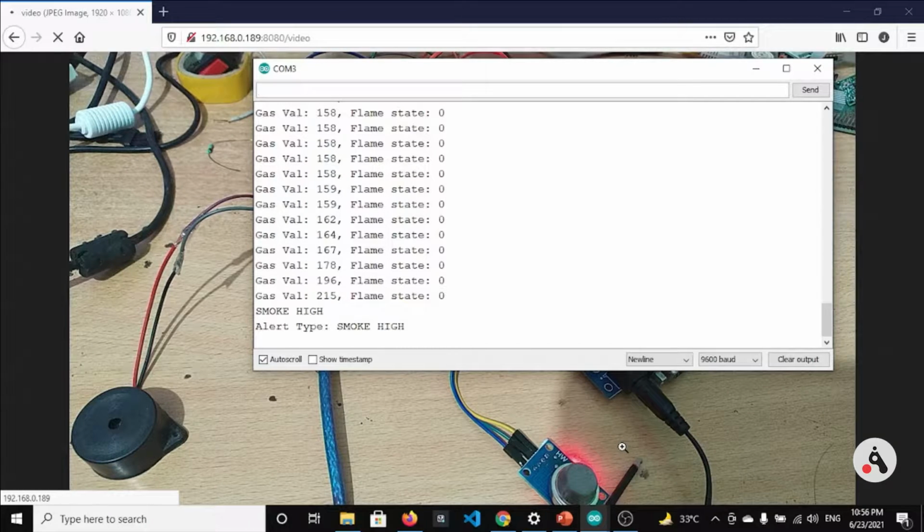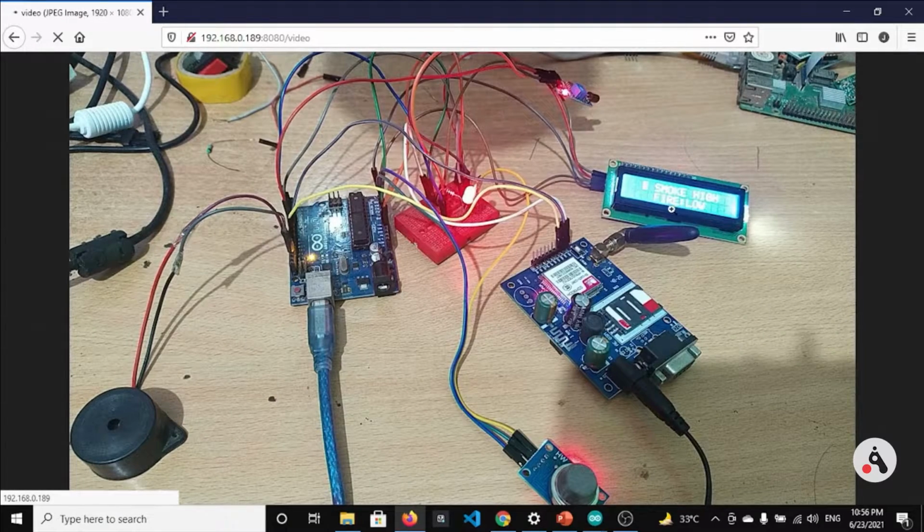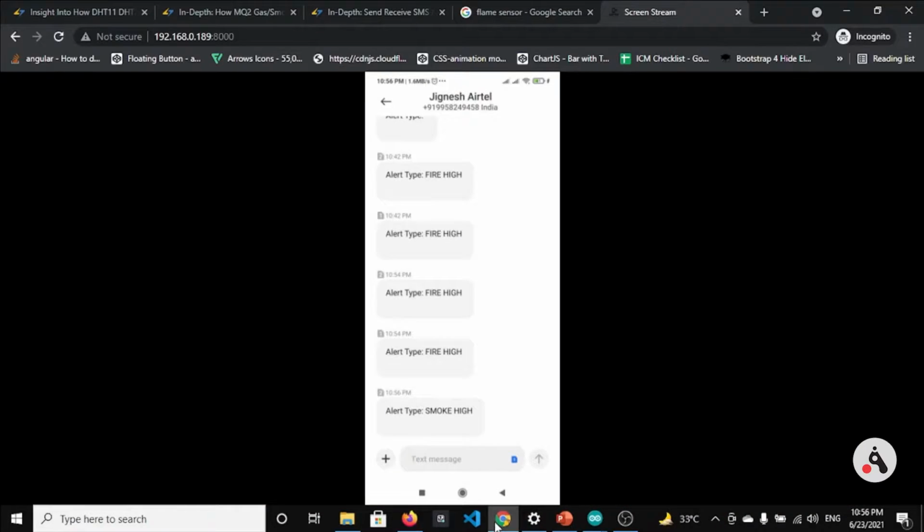Let me remove it, and you can also see the same, smoke high, fire low. Perfect. We have to wait. Okay, perfect. It is 10:56, and I have received another two messages, alert type smoke high, alert type smoke high. This alert is generated using the smoke sensor. So this is how the system is working for this project.